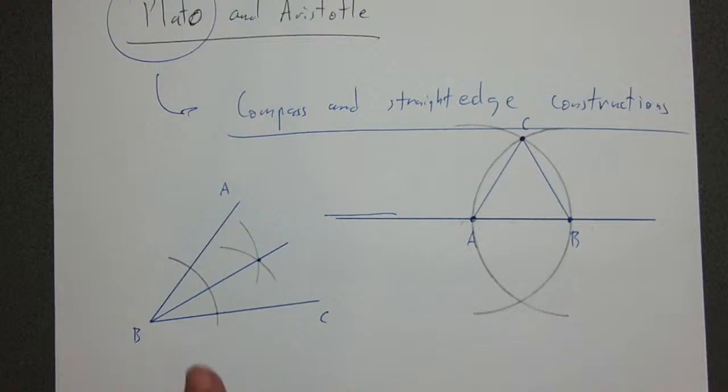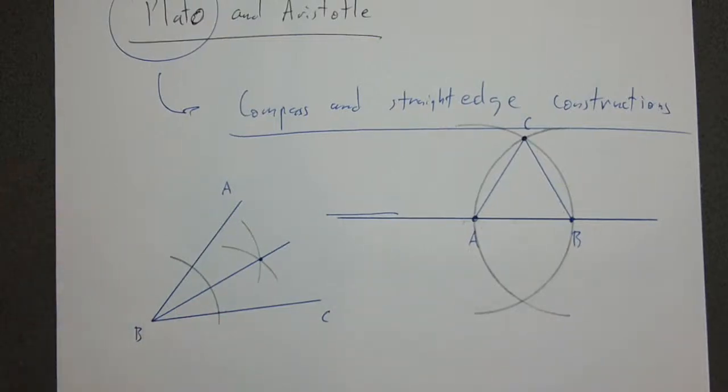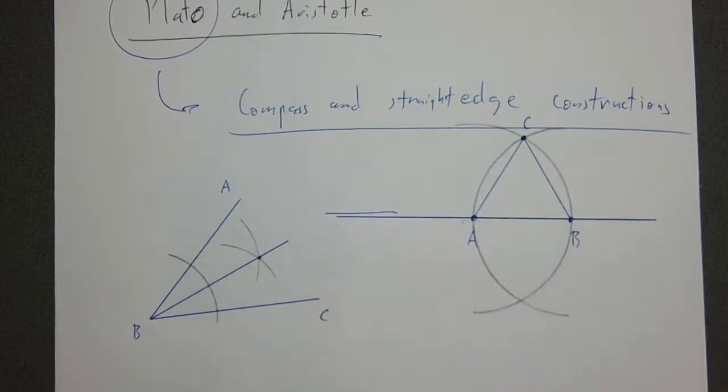Now, seeing this and then asking the question, well, bisecting an angle seemed really, really easy. Right? And of course, if I can bisect an angle, then I could bisect each of these bisected angles, so I could quadsect an angle, right? If I wanted to break it into fourths, that's no problem. In fact, if I wanted to break it into any powers of 2, that's no problem, just by repeatedly bisecting. But then that makes you think, how can I trisect an angle using these same rules? Right? It seems like it should be something I can do.